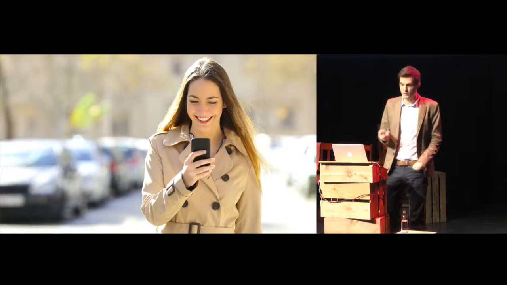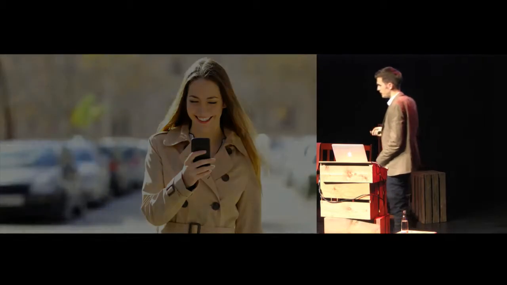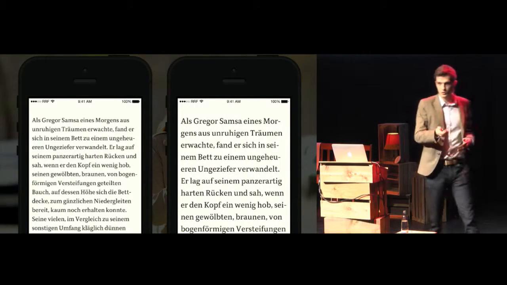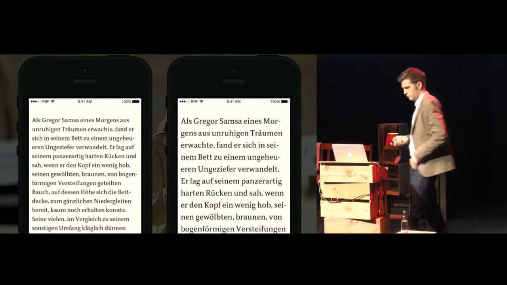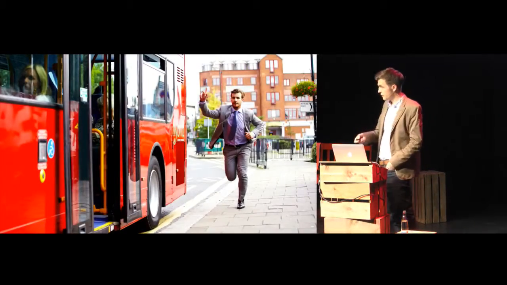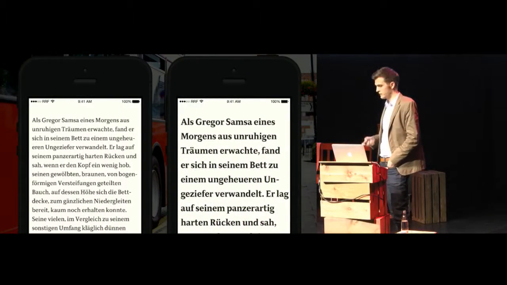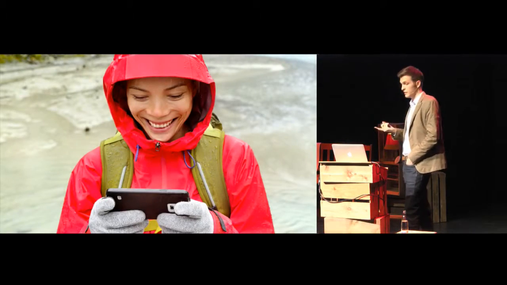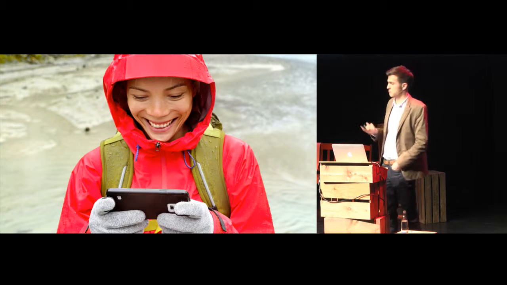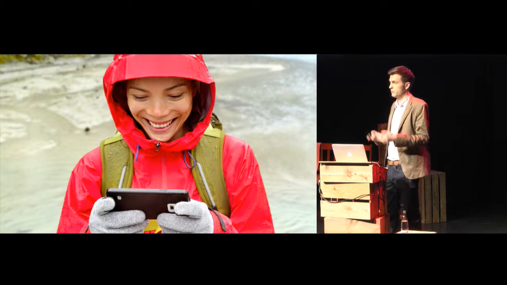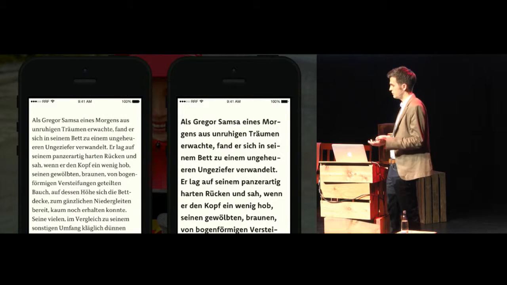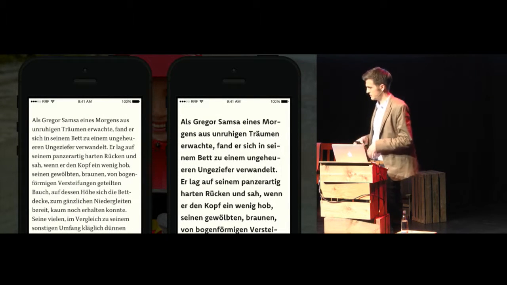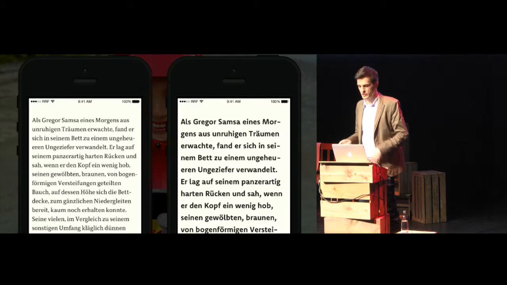The app could also recognize when I'm walking, and then maybe increase the text size because, when you're walking, the phone is shaking, maybe it needs a little bigger font size. And when you're running faster, then it could give you even bigger text, maybe bolder text. It could use the weather data and location data to tell when it's raining and when there are raindrops on my phone, and then maybe the typeface needs to change because, with raindrops on the phone, the fragile serifs are not really great for these conditions.